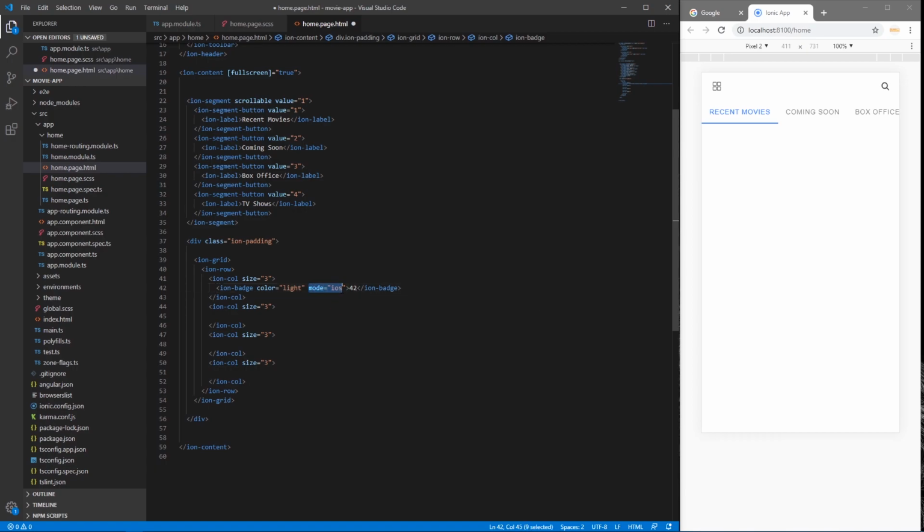Mode, we don't want to set the mode. And I will write the name of the category like here, action. I will add the same badge in all columns, and I will change the category name. So we have action, maybe crime, and horror, and here we have drama. So you can choose whatever. I'll save this,